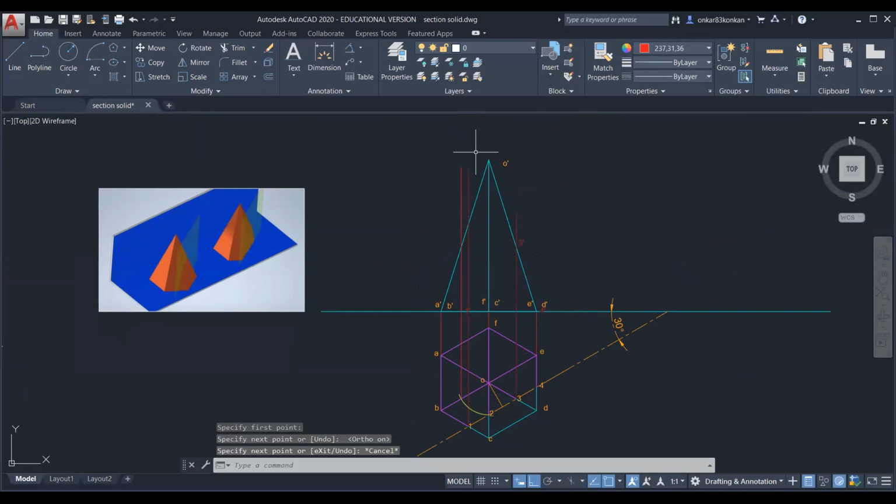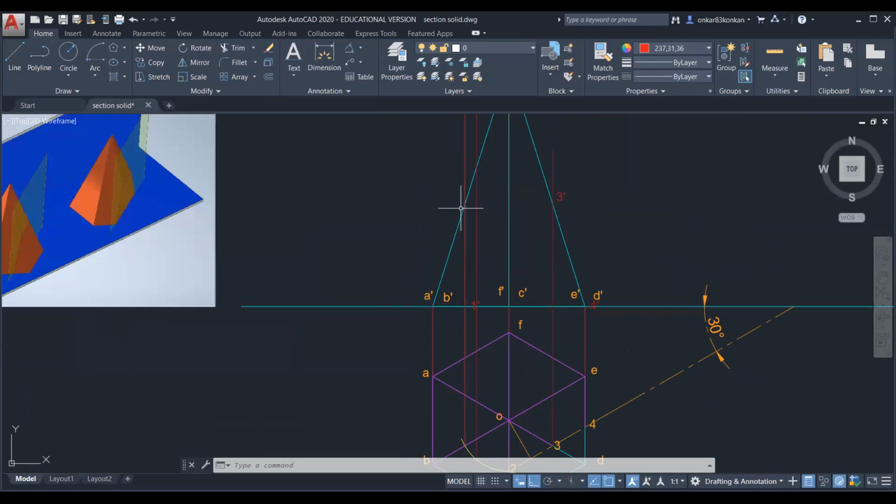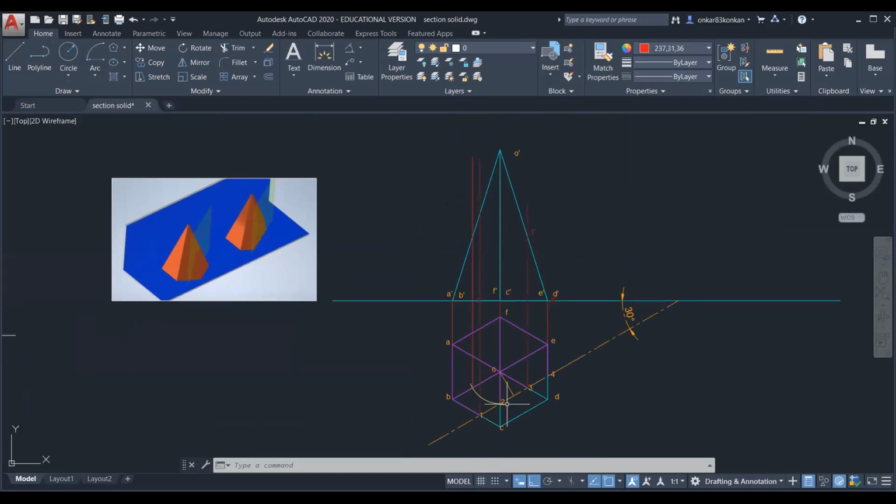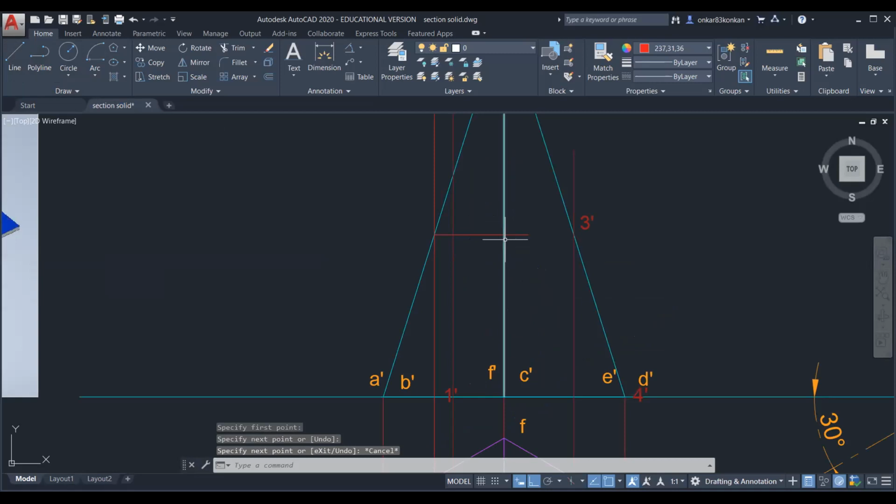So now we will find this intersection. Okay. Now project this horizontally on this O dash C dash. So we will get the position of point 2 in the front view. So this is the point 2.